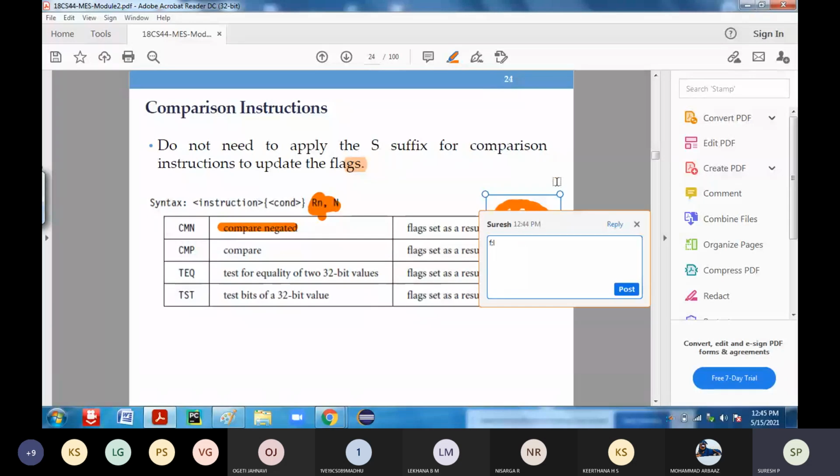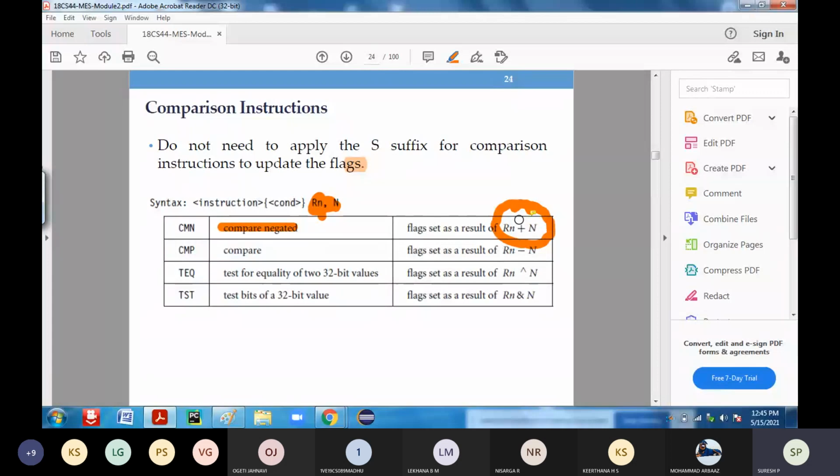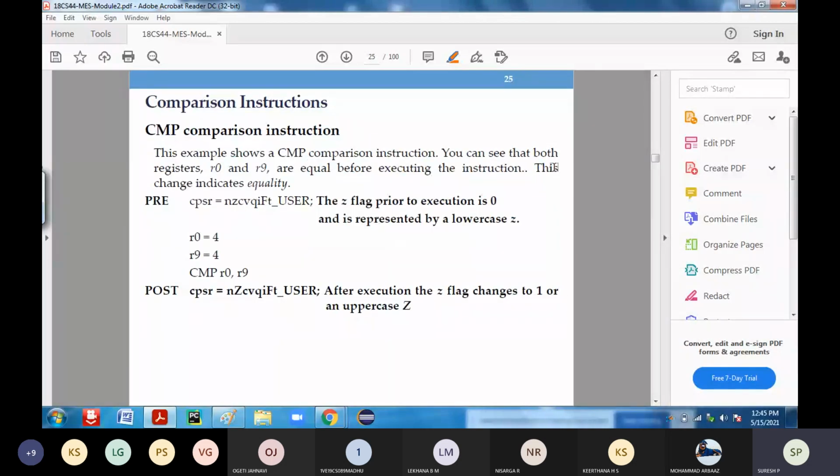Flags will be updated depending upon the execution of this particular instruction. Rn plus N, this is one simple example they have given.